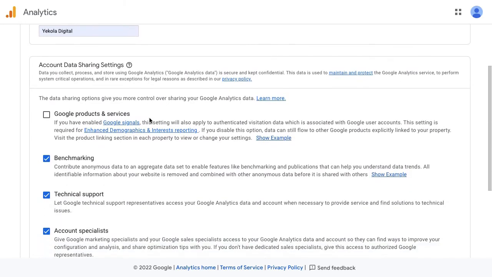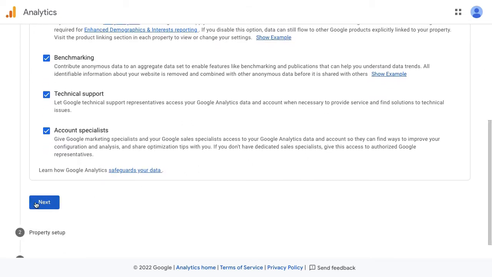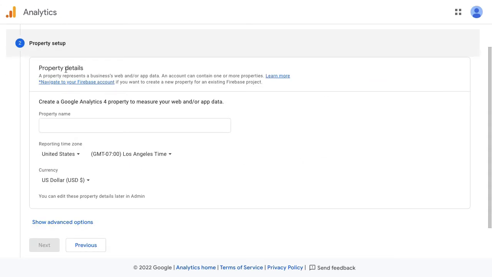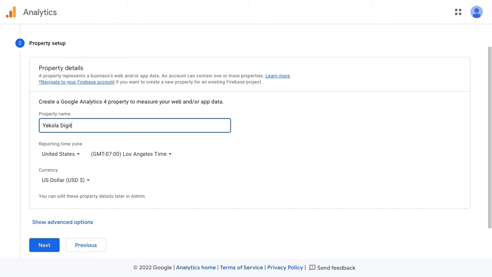Then down here you have the account data sharing settings. So you want to go ahead and read through to find out what they are all about. So after that, we're just going to click on next. So now we're going to do our property setup. So here, create a Google Analytics 4 property to measure your web and or app data. So property name here. So I'm just going to put Yekola Digital website, because we are going to measure the